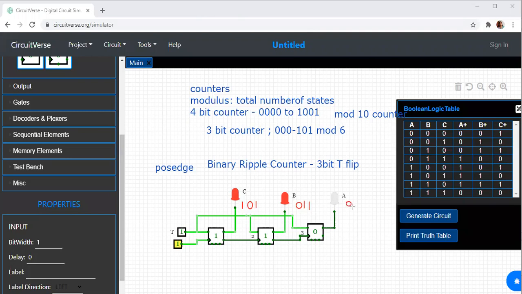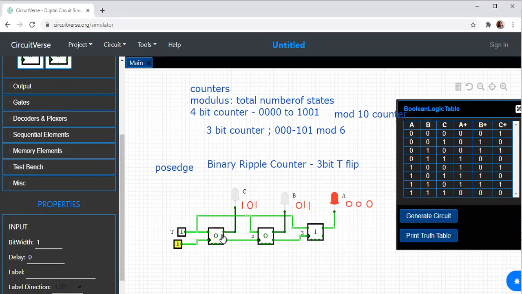Previous value was 0. It is retaining it. So again, for all the 3 cases, it has retained the values. Now once again, I will repeat. See, if I change the value of clock now, I made clock 0 and I changed it to 1. Now when I changed it to 1, what is the T value over here? T is 1. This flip-flop is having the value 1.